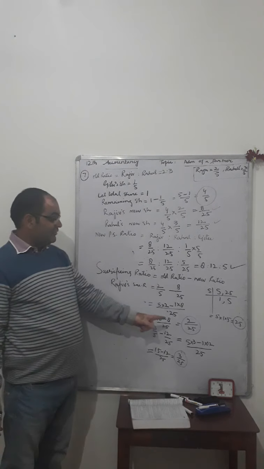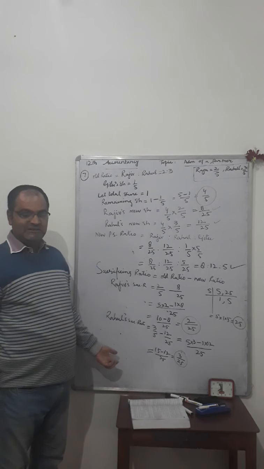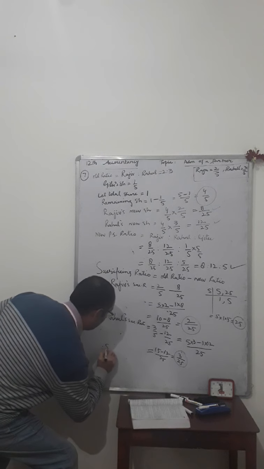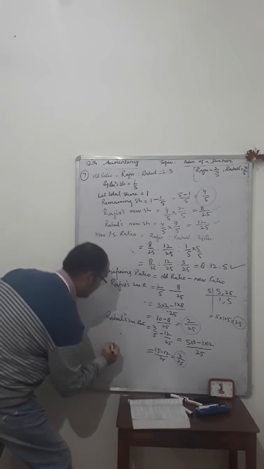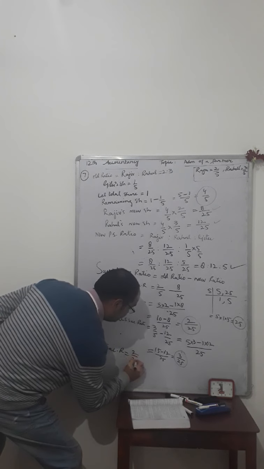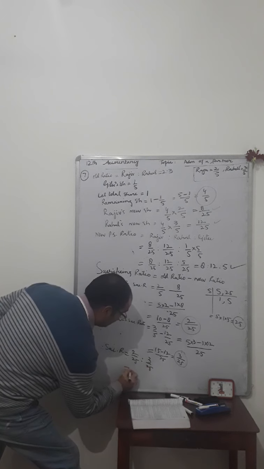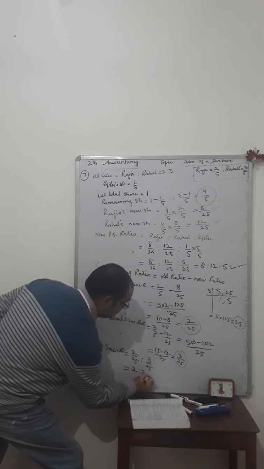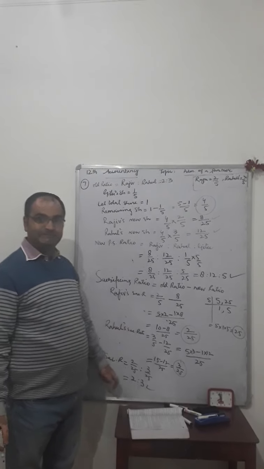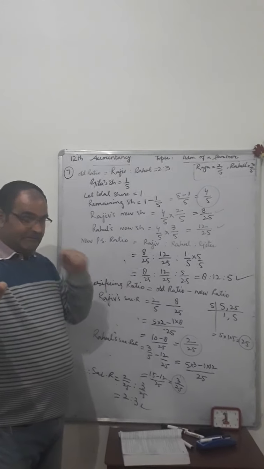Yes, dear students, we have got two results here, and we can easily find out the sacrificing ratio. Therefore, sacrificing ratio of old partners, that is Raju and Rahul, is equal to 2 by 25 is to 3 by 25, which is equal to 2 is to 3. That's our required result. You can take the screenshot of this question.